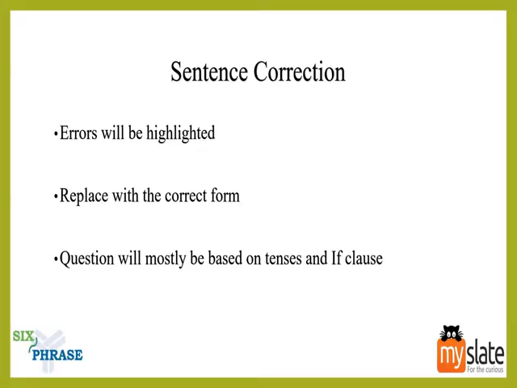What is expected of you is, you'll have to take that part of the sentence which is highlighted, throw it out of the window, and use the options that they have given you. They'll give you 4 to 5 options. If you are extremely lucky, they'll give you 3 options. Like it is a possibility. If it is an extremely tough question, they can give you only 3 options to make it easier. If it is an extremely easy question, they could give you 5 options to make it a little tougher. So it depends mostly on the person who's setting the question paper, to know what type of question it is, what the difficulty is and all.